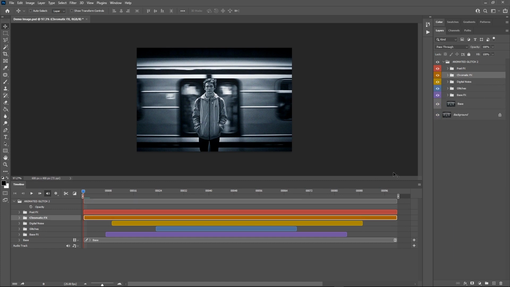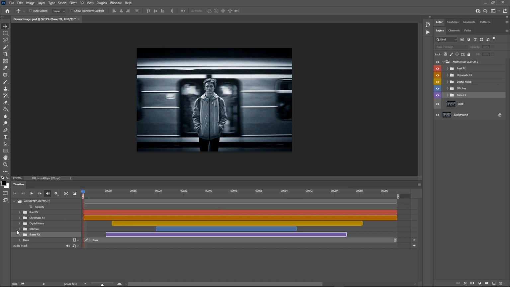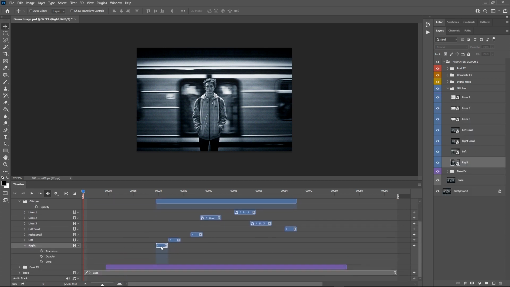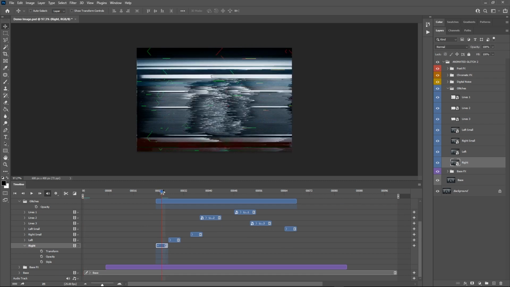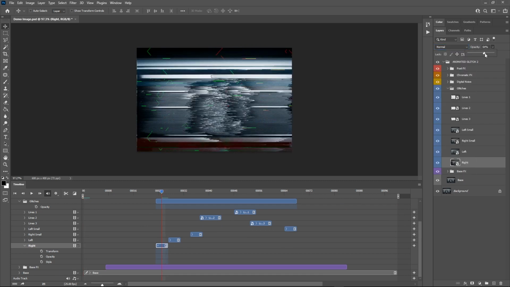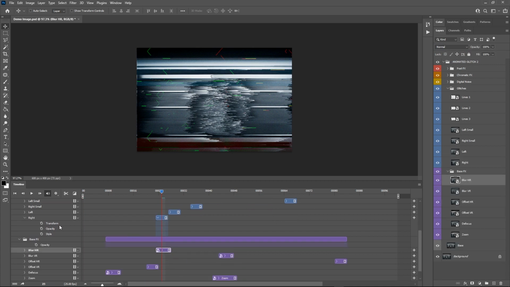The next thing is blending the effects. The blending mode and opacity of all the layers and groups generated by the action can be modified to decide how they combine with each other. Also, the effects of base effects and glitches here at the bottom can be mixed together by changing these two